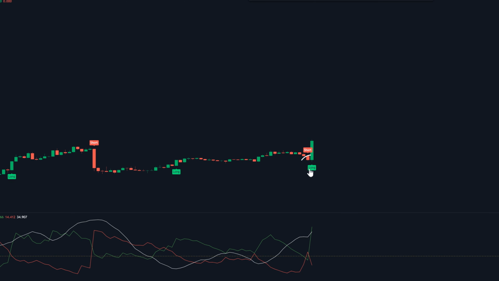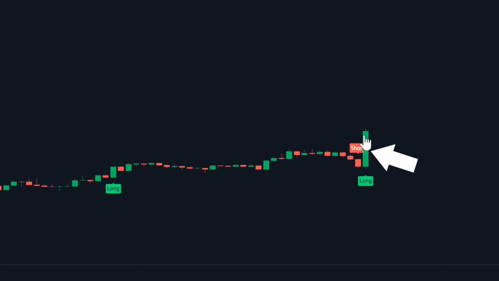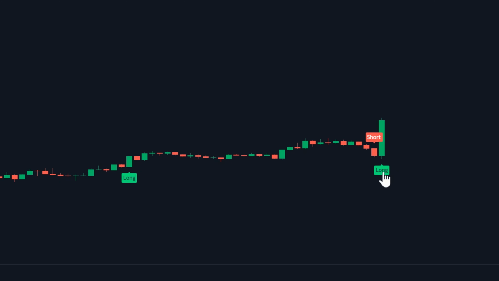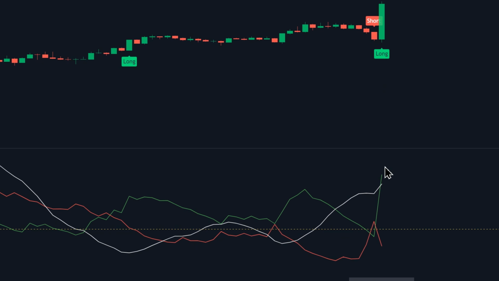First, a long signal should be printed by the twin range filter indicator. This signal candle is going to be our entry candle. Second, at the time the long signal is printed, two conditions from the ADX and DI indicator need to be